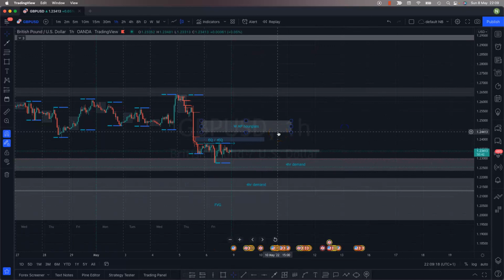I don't anticipate the market breaking this level here, so I'm looking for it to take 50% of this fair value gap and then sell down to then see what happens at this point to possibly buy back out of. So we'll see what happens.